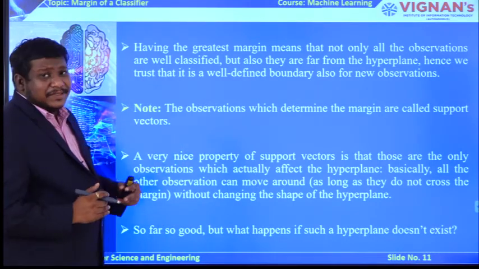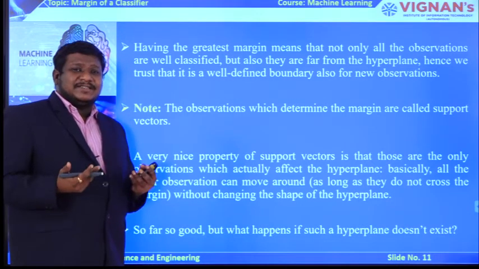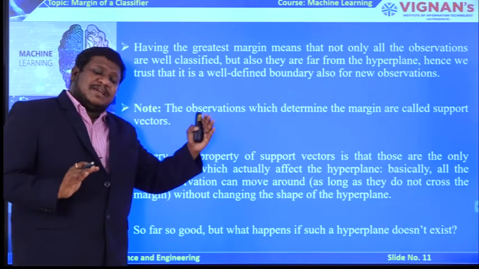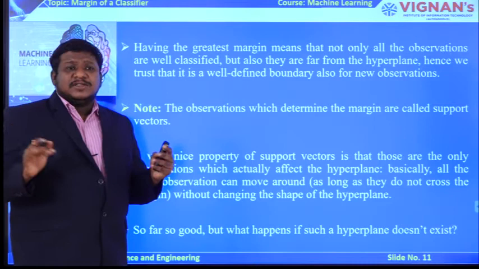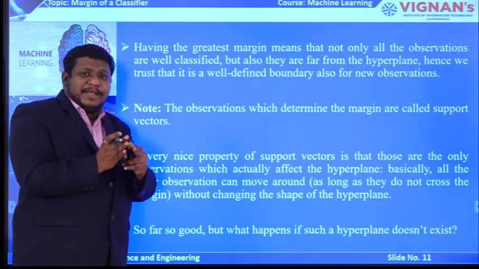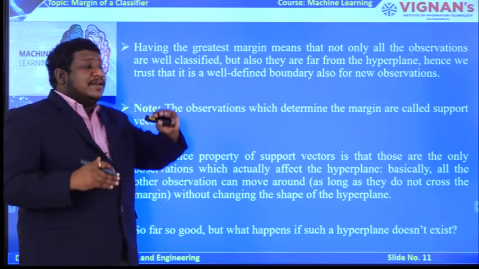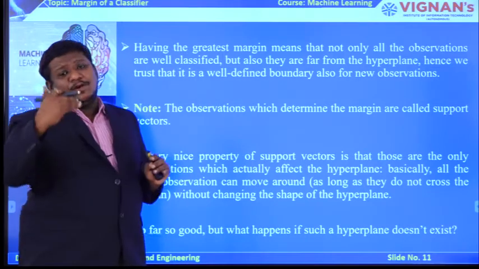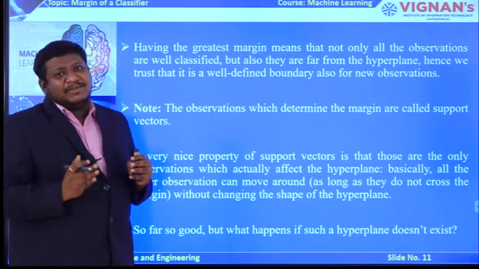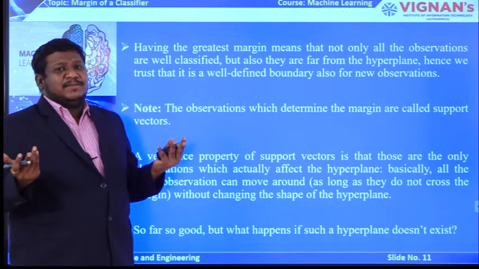Now the second case is, if we don't have that hyperplane, what do we need to do? That is the second problem arising. So far we have the hyperplane, with some elements above the hyperplane and below the hyperplane. By calculating the perpendicular distance between these variables and the hyperplane, we decide whether the element belongs to either the upper bound or the lower bound of the hyperplane. But now the question is, if that hyperplane in that graph doesn't exist, how do we classify the elements? That is another important case.